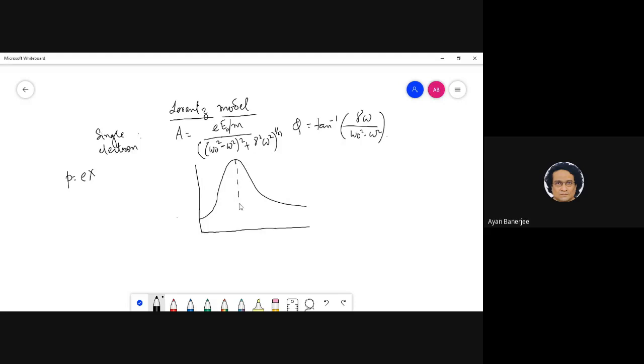And this resonance frequency, that is the maximum, where this A is maximum, is actually kind of shifted, right? So what is the expression? Did you find that expression out? So where is that shifted? The actual omega for A max is at omega equal to, what is the frequency? So root over omega naught squared minus gamma squared by 2. Exactly this, right? So omega 0 is actually here.